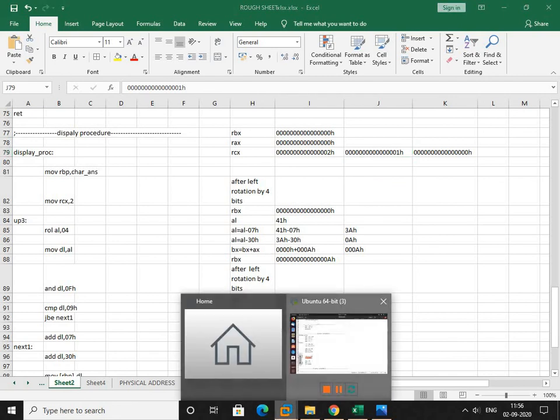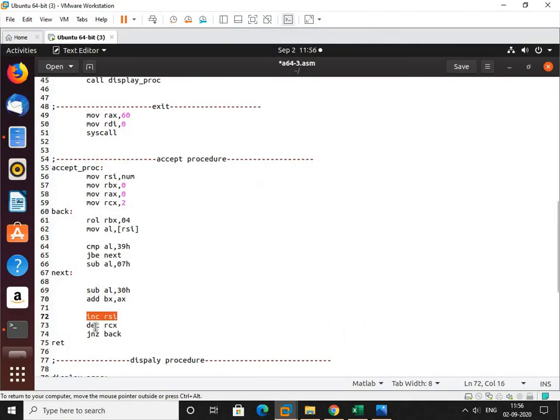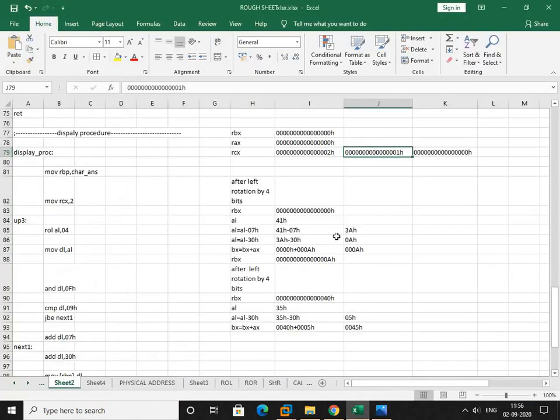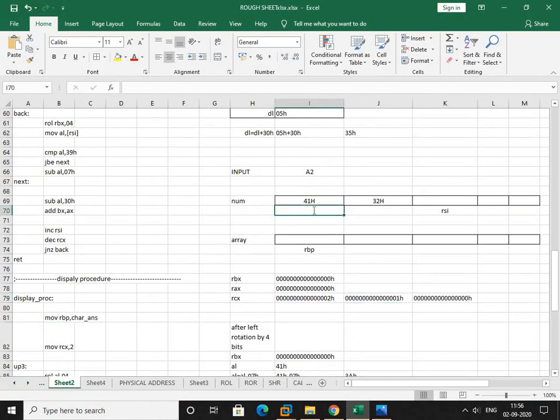So increment RSI, decrement RCX. Where is RSI pointing? RSI is pointing here. Now after increment we will jump here. Now the next value is 32H.